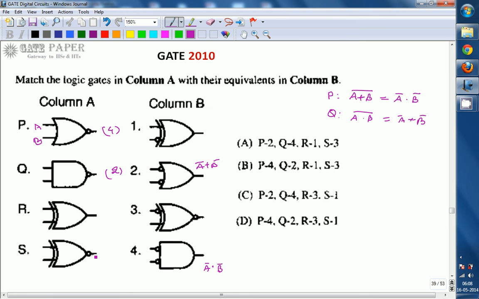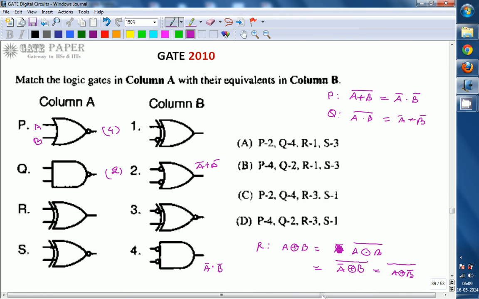Next one is R. The expression for R is A exclusive-OR B. A XOR B can be written as (A XNOR B) whole bar, and A XNOR B can be written as A bar exclusive-OR B, or you can also write it as A exclusive-OR B bar.